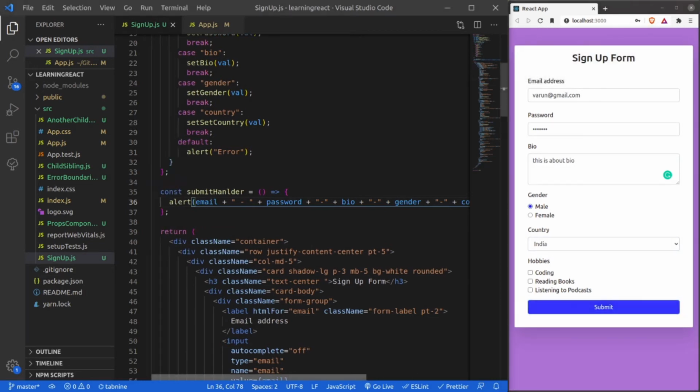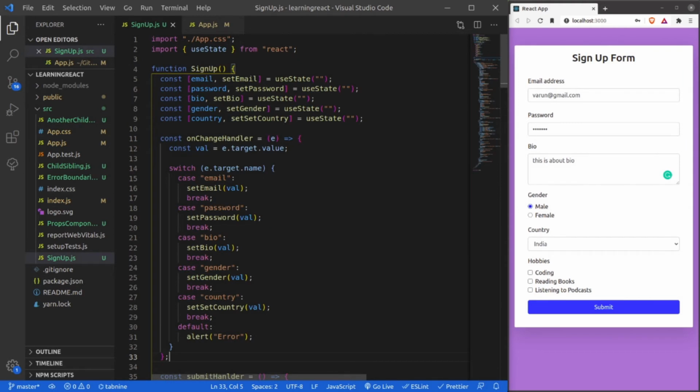Okay, guys. Now we are going to get into a bit trickier part, that is handling checkboxes, that is hobbies. So why is handling checkbox a bit tricky here? Because guys, we can see that in hobbies I can have multiple values, right? So instead of having a single value in my use state, I will be using an array.